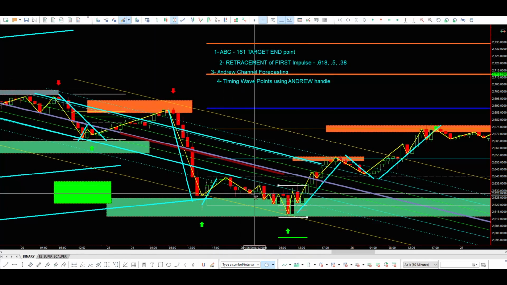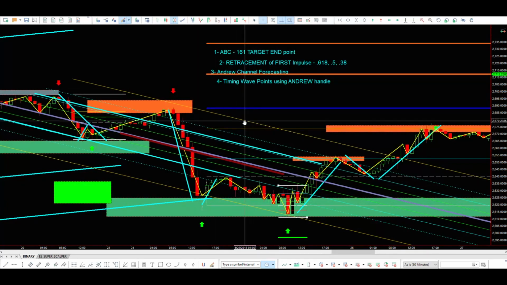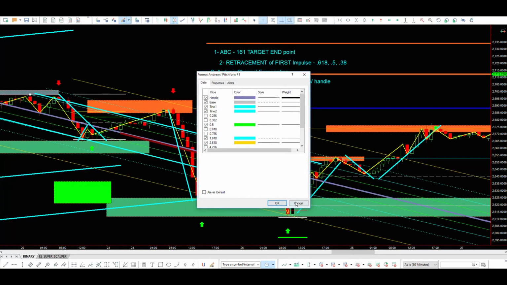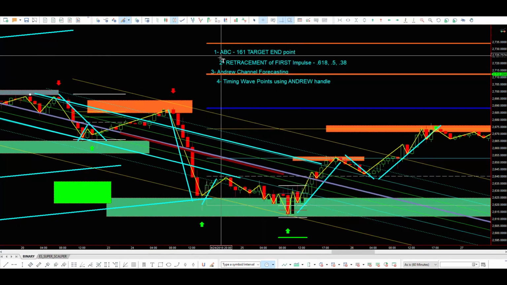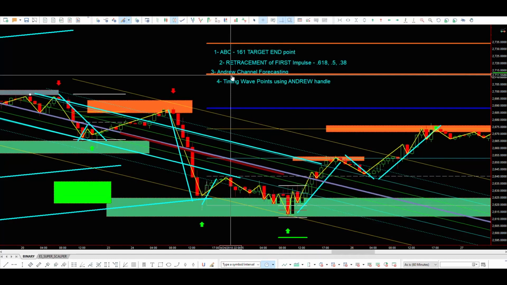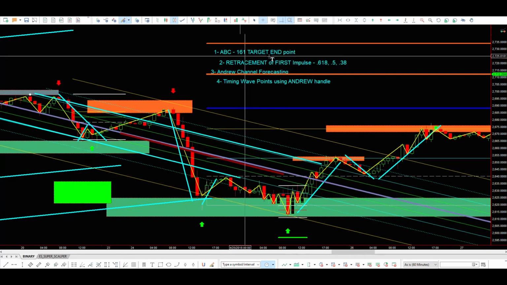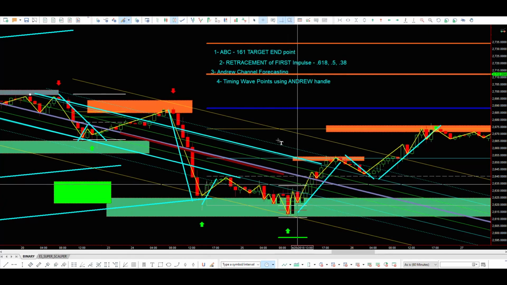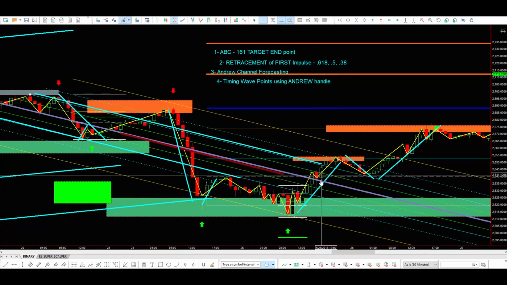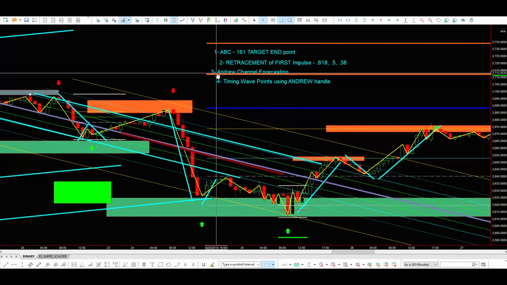So how about the channel? We have at the extreme level of the channel, the yellow one is what? 206, right? So we have 3 strong things here: ABC, endpoint, retracement of 2 bars. Well, this is the beginning of the trend, so we have to at least use 2 bars. Forecast